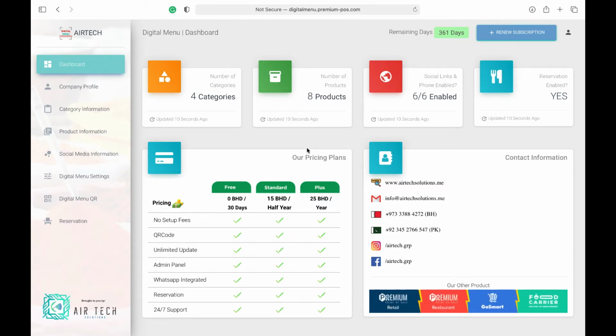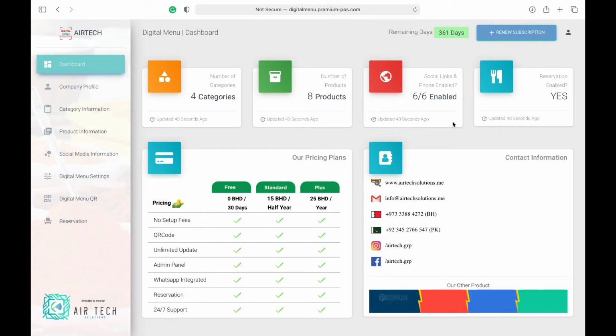In the center of the screen, we have some modules such as number of categories, number of products, the social links and phone enabled, like the number of the links and the phone links you have enabled, and the reservation enabled, like if the reservation screen has been enabled or disabled on the front side or the client side.